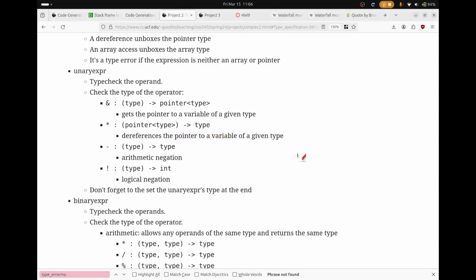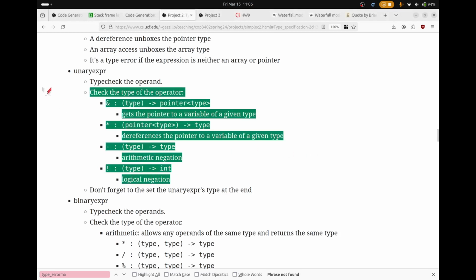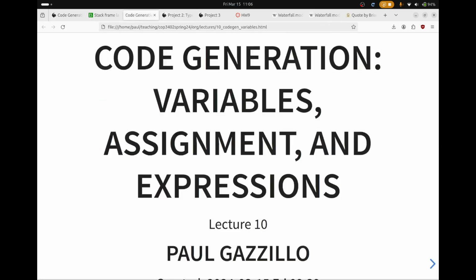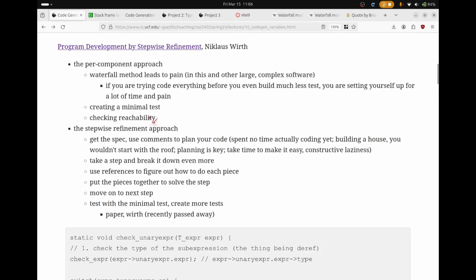So I know this project is probably a little frustrating, probably a little difficult. I know it's difficult. It's also hard to specify a compiler, especially when it's informal like this. But what I'm hoping the skills or experience you'll gain is applying this stepwise method. To step back up, the reason I was going through this was to show you this stepwise approach,